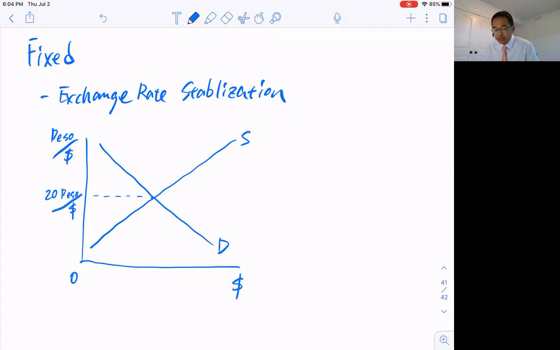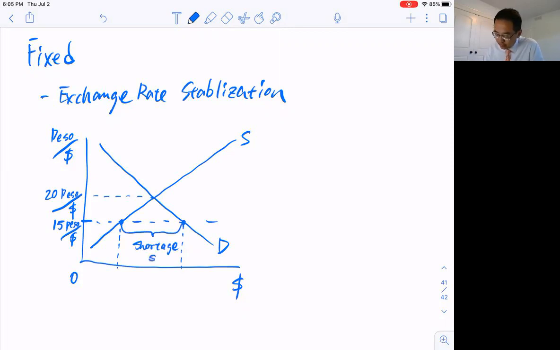But, okay, let's say that the Mexican government likes 15, right? They want to be at 15 pesos per dollar. So you can see at 15, okay, the supply of dollars is low and the quantity demanded of dollars is high, right? Because at 15 pesos per dollar, people who hold dollars say, I don't want to exchange for pesos, that's not a fair price. But people with pesos will say, I want to get dollars because that's a really good deal. So you have this shortage of dollars,